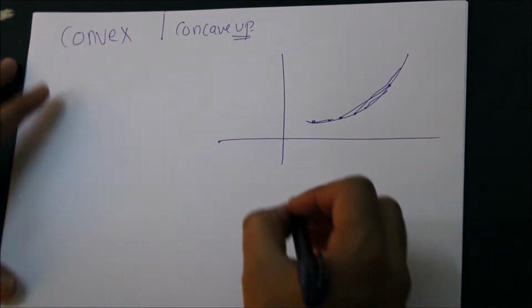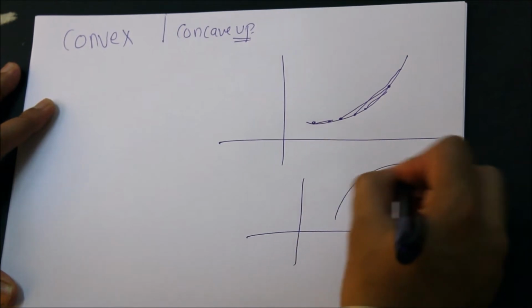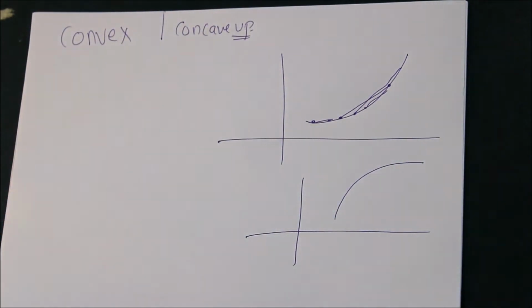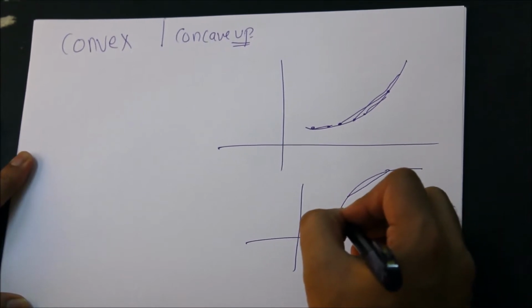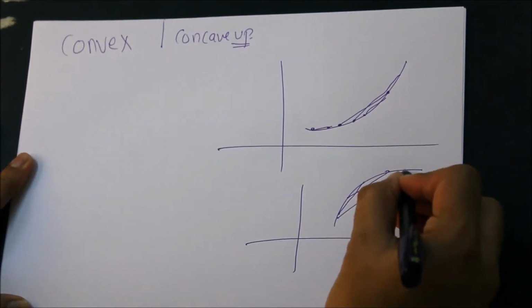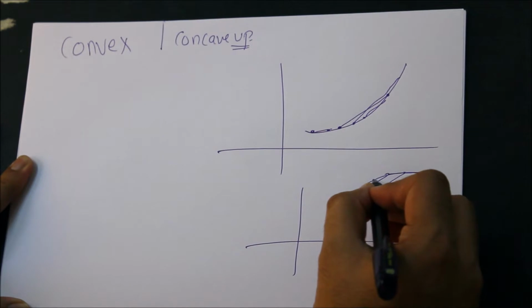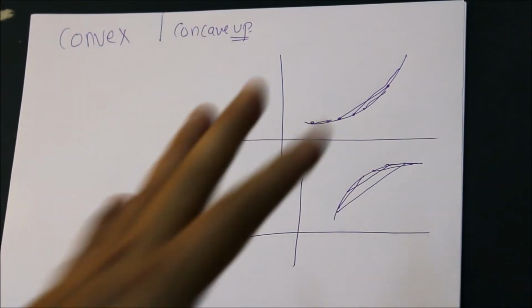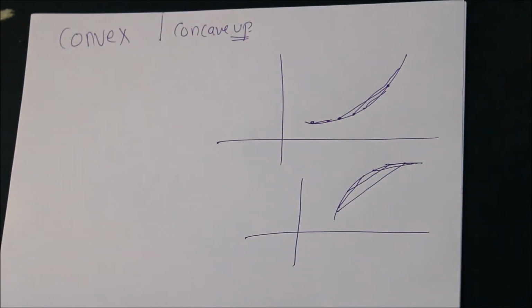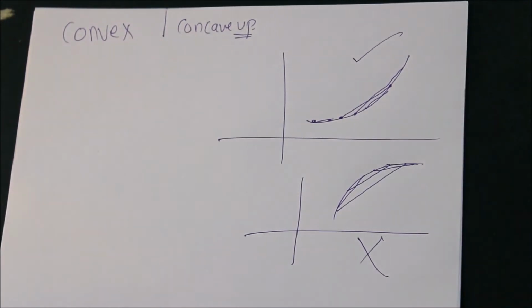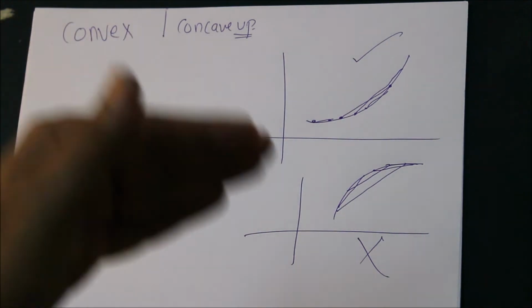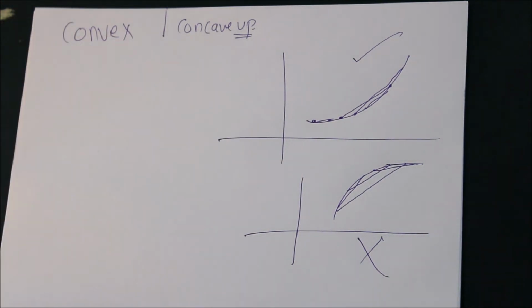And for the notion of concave down or concave functions, when you take any 2 points on the graph and the segment is below the graph, then such functions are called concave or concave down functions. Anyways, I am not interested in this right now. I am interested in convex functions. So whenever the segment is above the graph, it is a convex function.